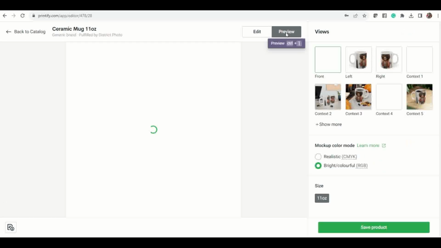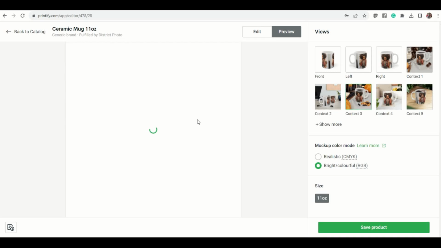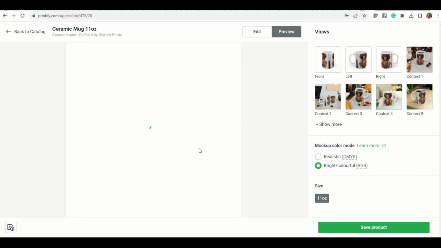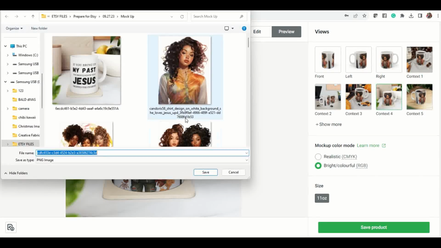So we're going to click on preview. And so now you see you don't have that white at the top. You see how it goes up pretty much the length of the coffee mug, okay? So that is how you do that. Nice, right? So you could just save that image,